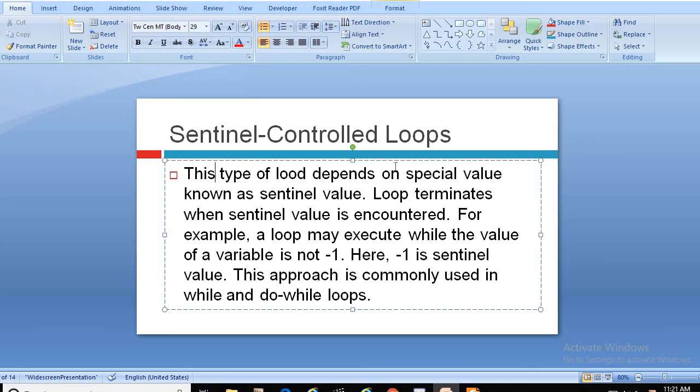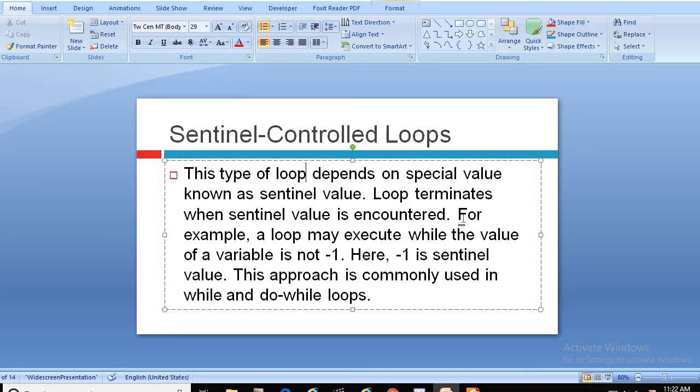Look at the definition. This type of loop depends on a special value known as the sentinel value. The loop terminates when the sentinel value is encountered.